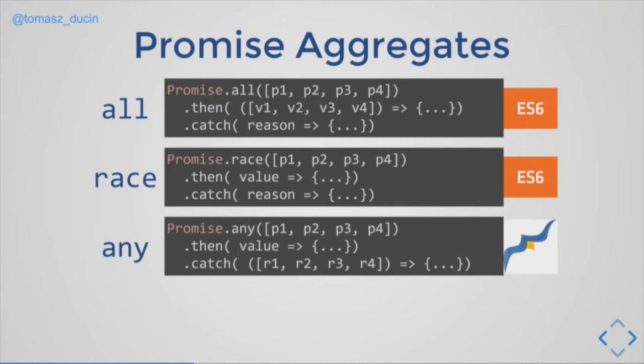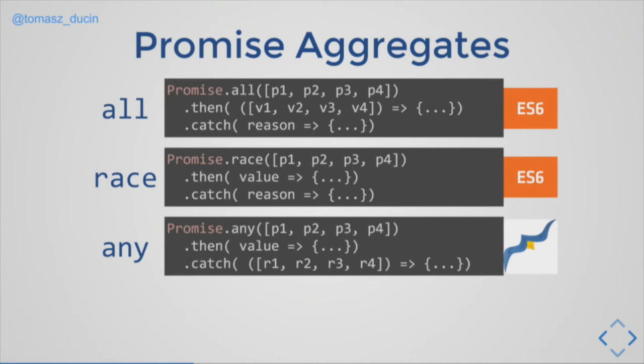And now if p4 fails, then at least one is not possible anymore, so we fail the whole thing with all the reasons, right? Both this scenario and this scenario don't base on the time of the promise resolving, they're just positional for us to be